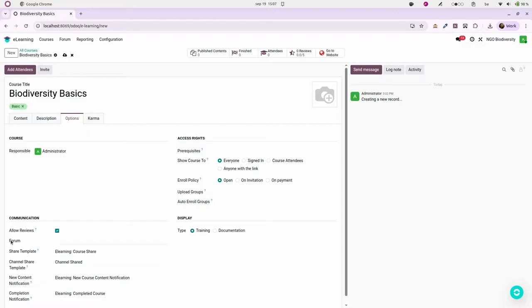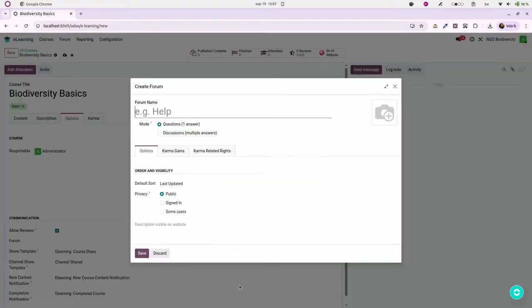You can link your course directly to a forum. So here I will add a forum. I can click on create and create a forum that I will call Biodiversity Basics because it's the name of my course. Okay. I can choose the mode. So is it a question answer mode or a discussion one? Here I want a discussion because I want my learners to be able to answer several times and to create